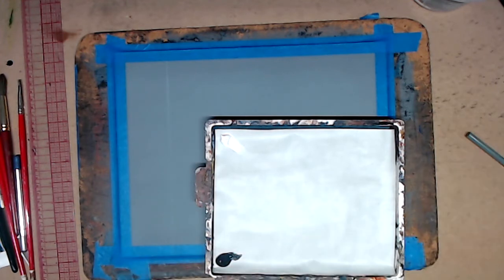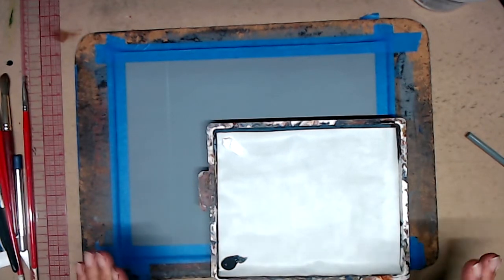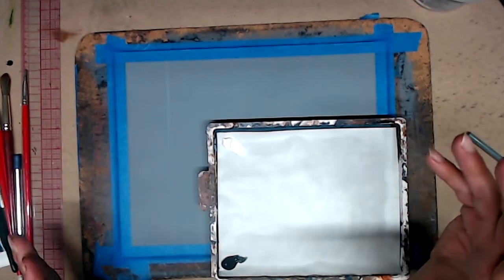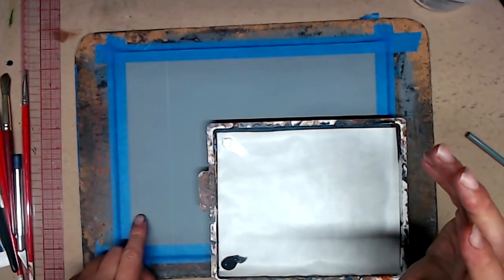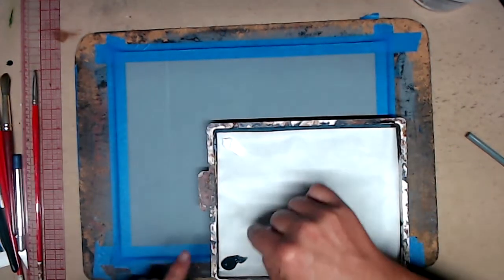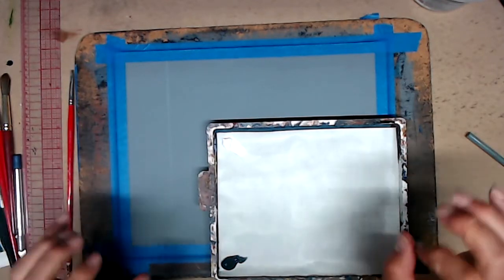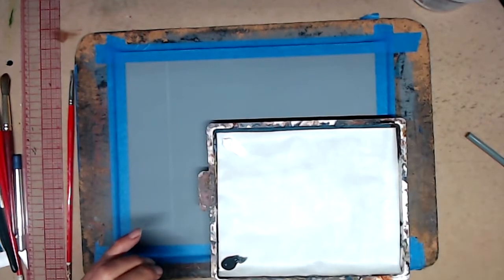All right, wet into wet is a really simple technique. So long as the paint is wet, it's going to blend, not by itself, but pretty easily. The problem is that the paint dries really quickly on the painting surface, which means that I don't have a lot of time to mix up values as I'm painting. So the key to wet into wet is to pre-mix a bunch of values that will make the painting process